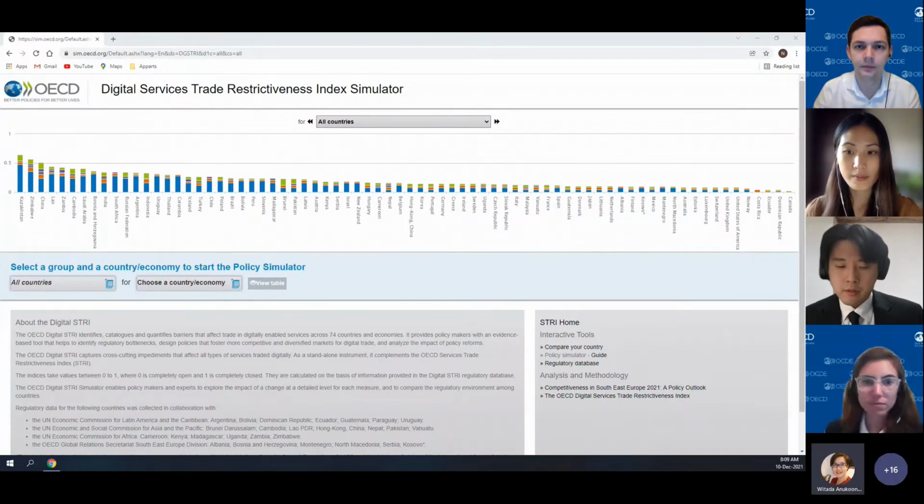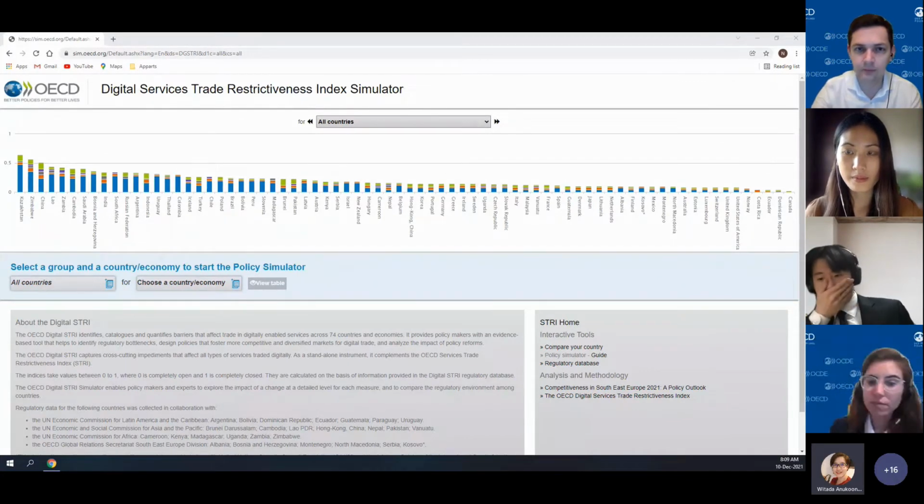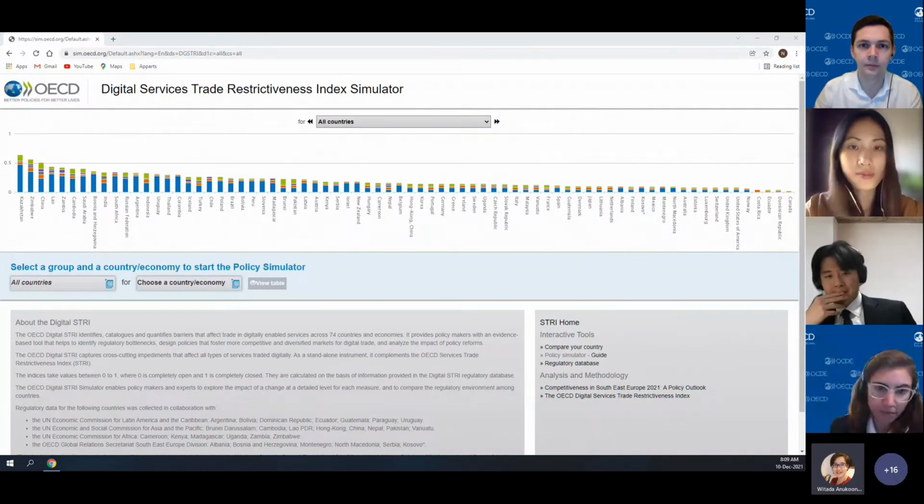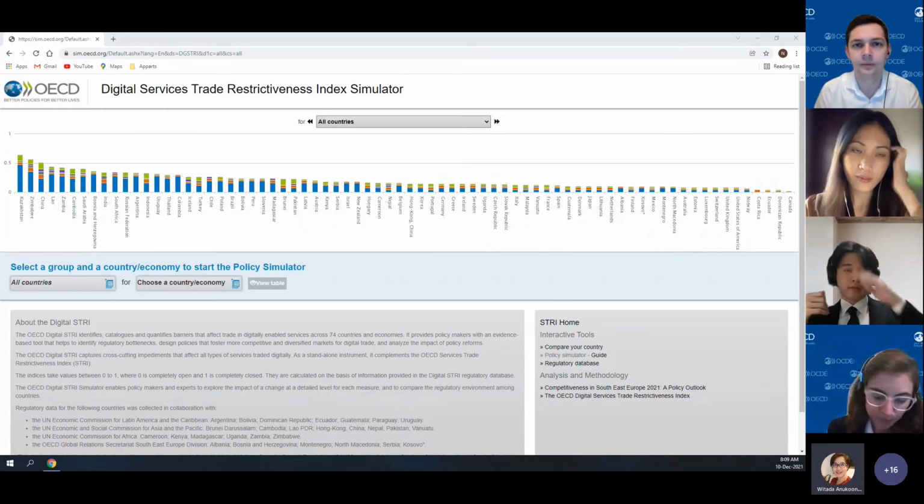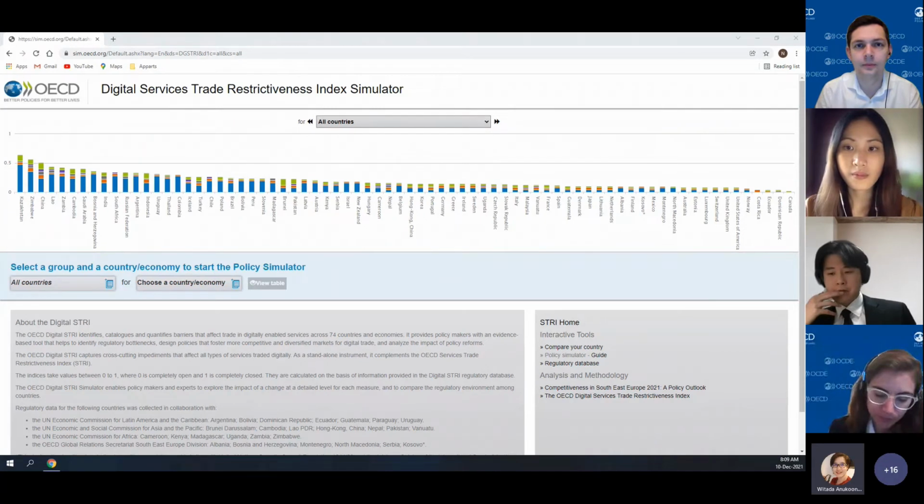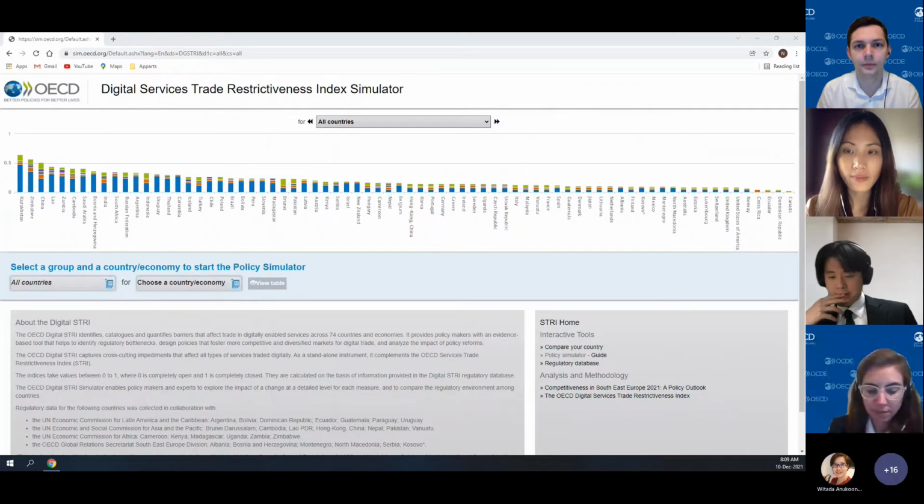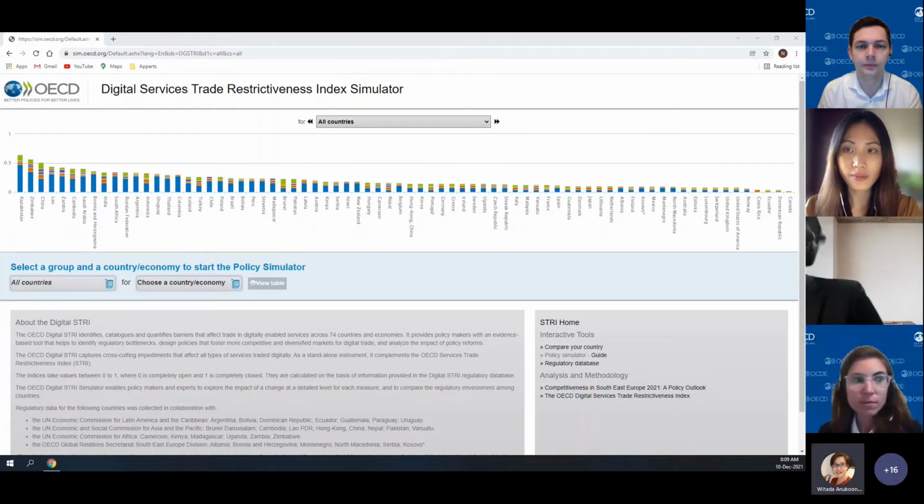For the STRI that you have seen from OECD, the index looks very deep into the regulatory and existing laws and mechanisms in each sector, because they do it comprehensively, not only digital but also other services as well. And it goes deep into computer services. For RDTII,